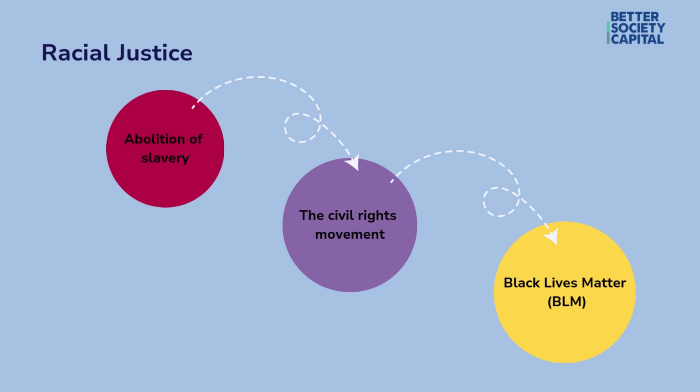The global renewal of the Black Lives Matter movement in recent years has had a profound impact on anti-racist activism in the UK. Protests, demonstrations, and campaigns have drawn attention to issues of police brutality, systemic racism, and racial inequality, prompting calls for structural change and accountability at all levels of society.